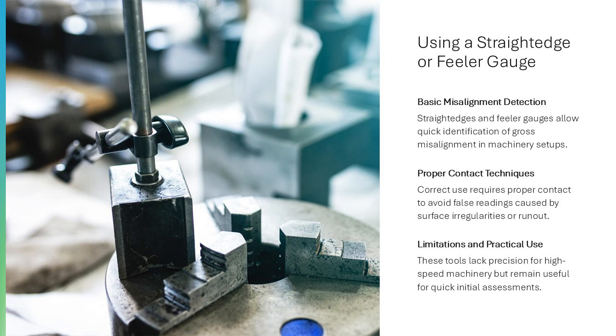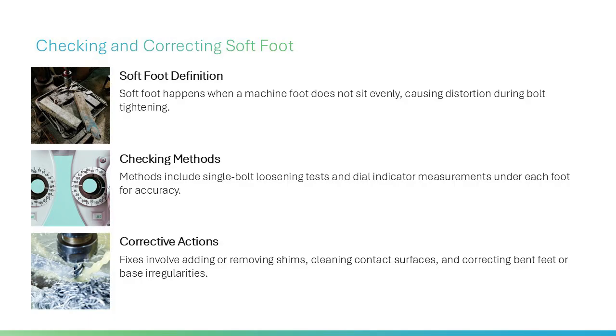remain practical. Soft foot occurs when a machine foot does not sit evenly on its base, causing distortion when bolts are tightened. This slide explains methods for checking soft foot, such as single bolt loosening tests and dial indicator measurement under each foot. Corrective actions include adding or removing shims, cleaning foot-to-base contact surfaces, and correcting bent feet or base